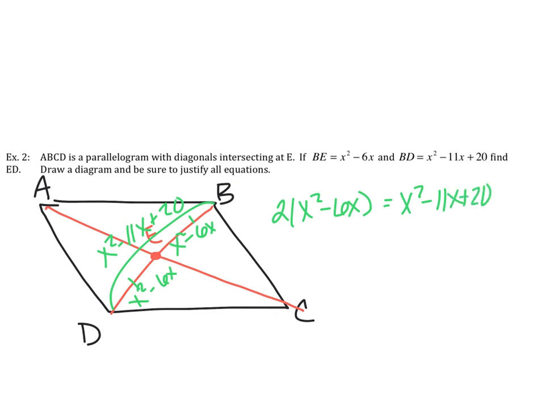Okay, again, because the diagonals get bisected, each one gets cut in half, I knew that BE was equal to ED, and so I just transferred over that label, and then both of them together are going to equal the whole distance of BD. So now we go and solve, so we got 2x squared minus 12x